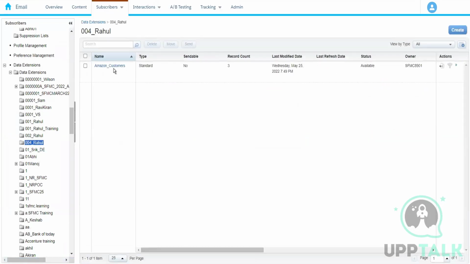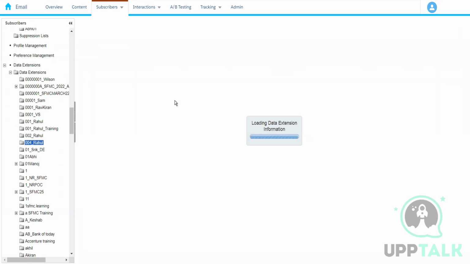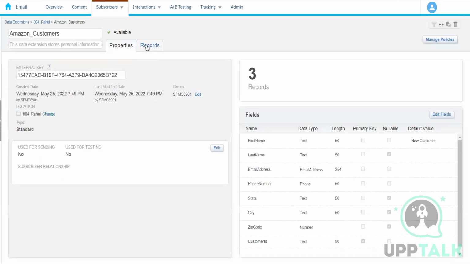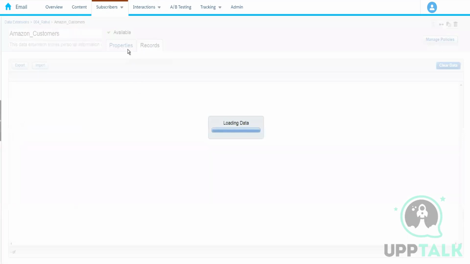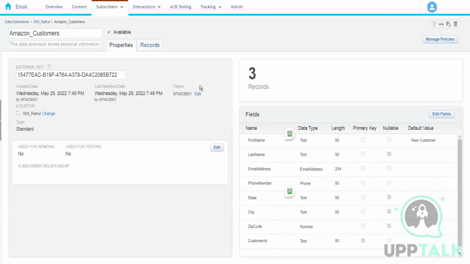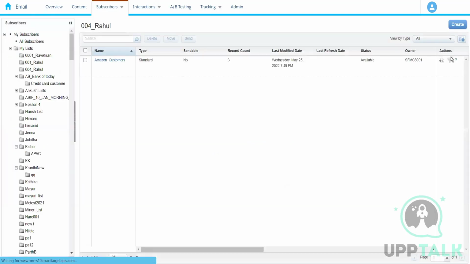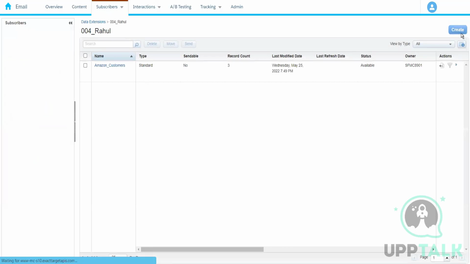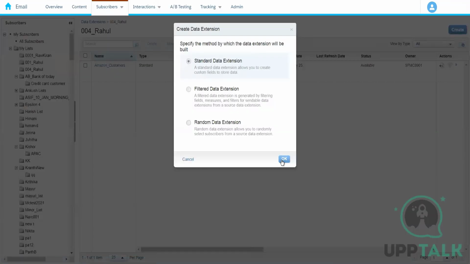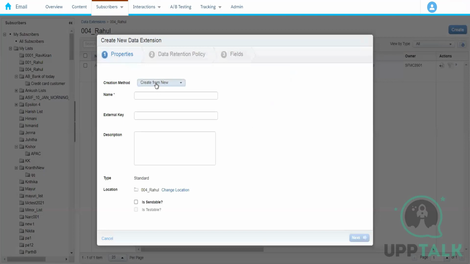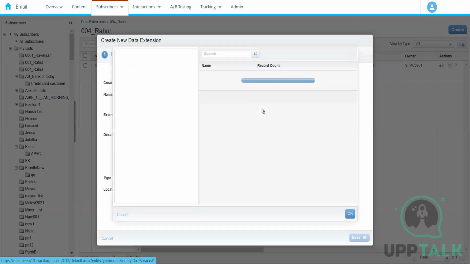So here we have this data extension, and we can see the three records are added into this data extension. So if you want to create a standard data extension, this is how we can do. And if you want to create it from the scratch, now we will see how we can create a data extension using another method that is called from existing. Okay. So let's say